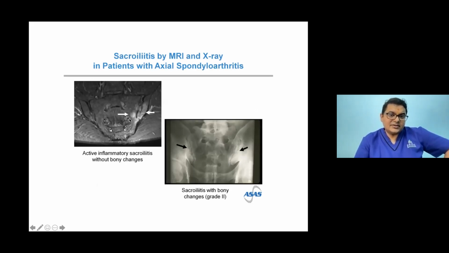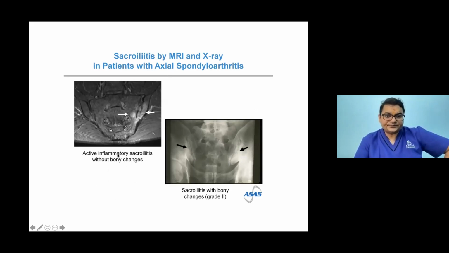So this is an MRI with a STIR sequence, where you see the white color, which is inflammation of the bone. Basically, this is the buttock bone, which you sit on, and this is the hip bones. This MRI shows a cut piece, like the body has been cut in half like this, and